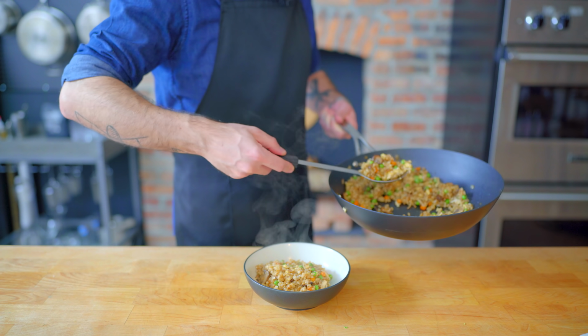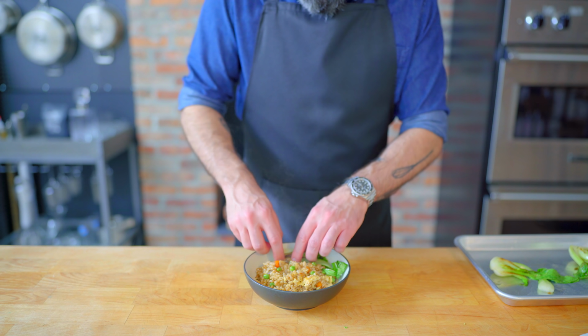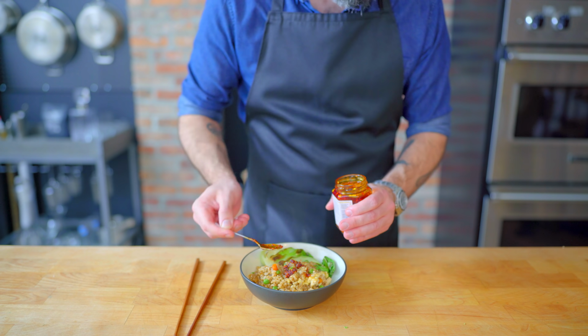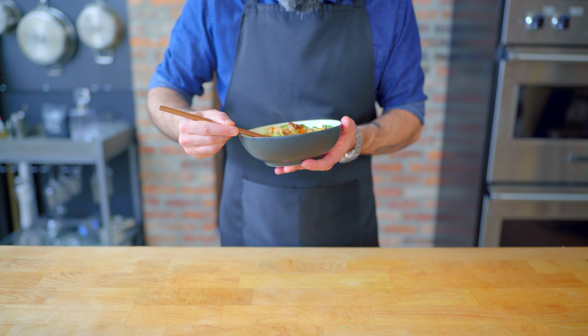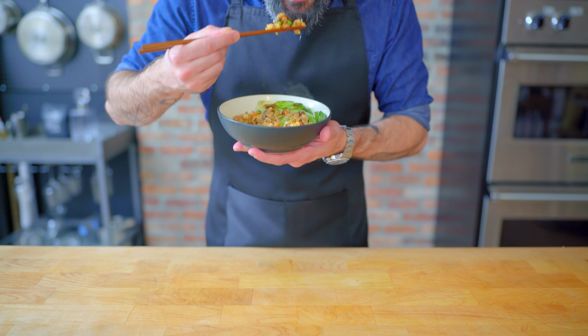to make, uses stuff that you probably have in the fridge or in the freezer, and can be garnished with all kinds of fixins. Baby bok choy, scallions, sesame seeds, or my personal favorite, some tongue-numbing Sichuan chili crisp. Maybe not the healthiest thing in the world, but still pretty healthy. Vegetarian, packed with tons of fiber from the rice, and can be gleefully served as a side or a main